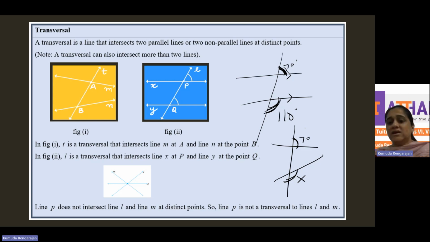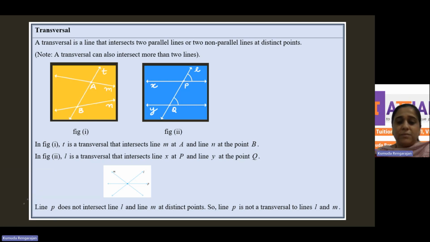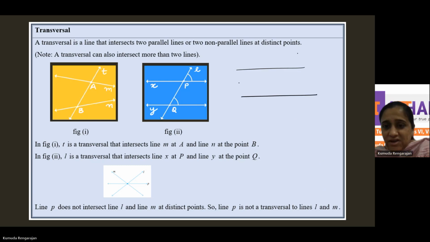So you cannot find this angle. This angle and this angle are co-exterior angles. They are, but they are not supplementary. So if this is 70, this is not 110. But in this figure, if this is 70, this is 110. Similarly, parallel lines, transversal,